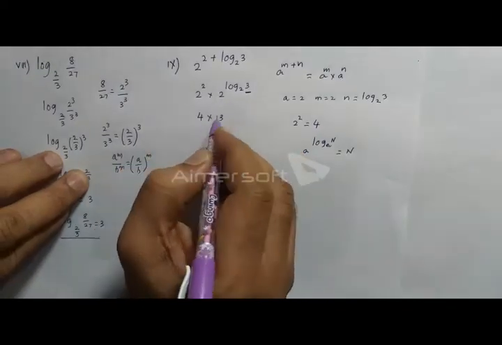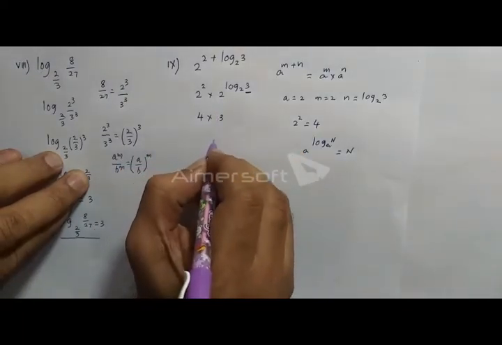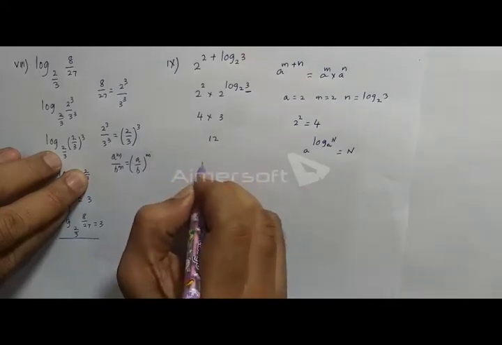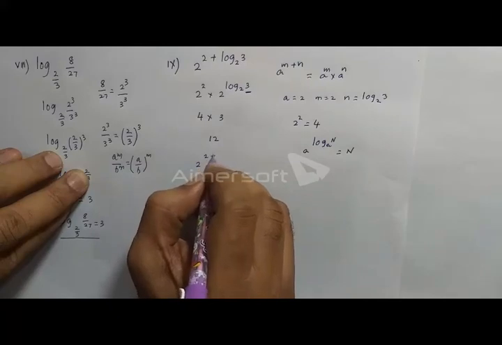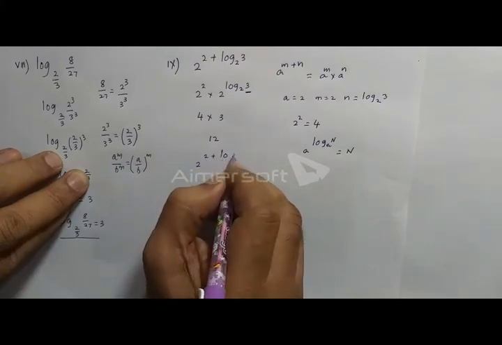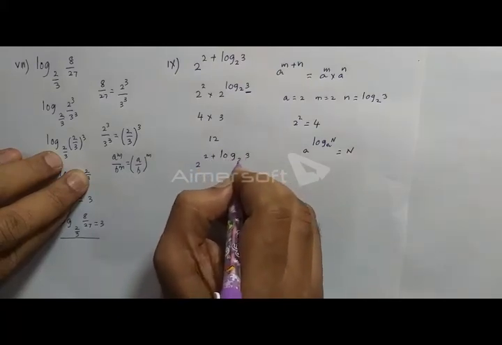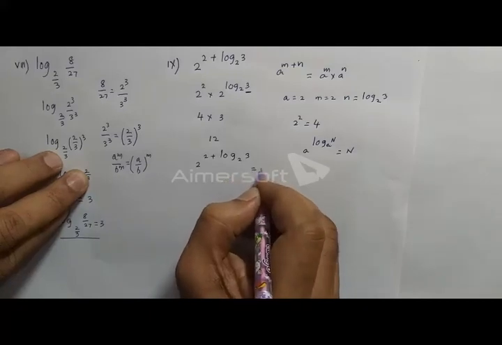Okay, 4 into 3 is equal to 12. So the answer: 2 power 2 plus log 3 base 2 is equal to